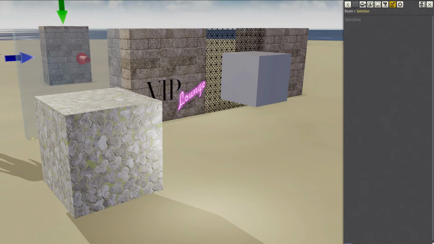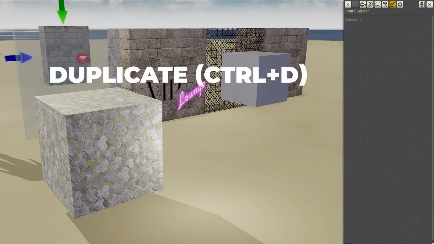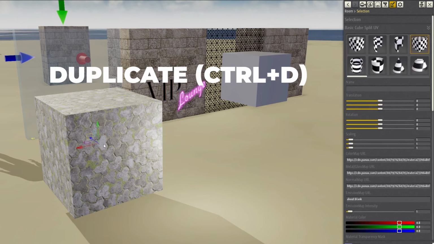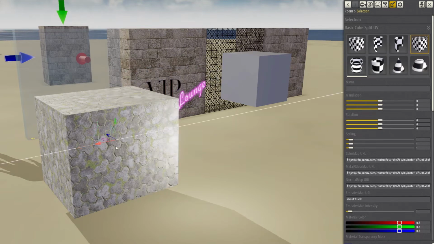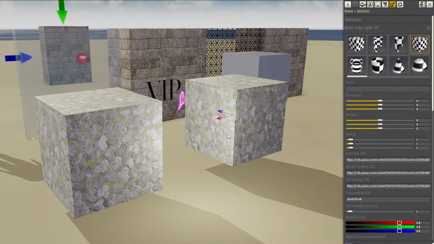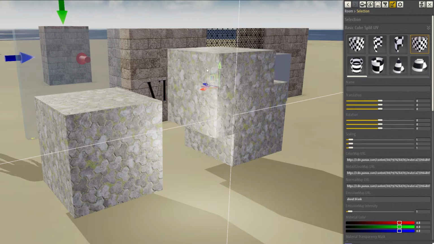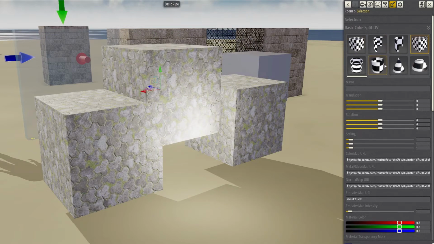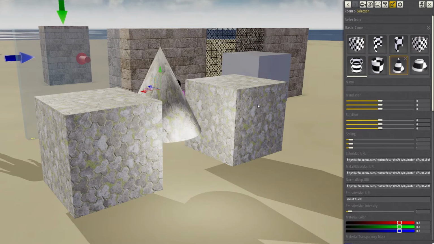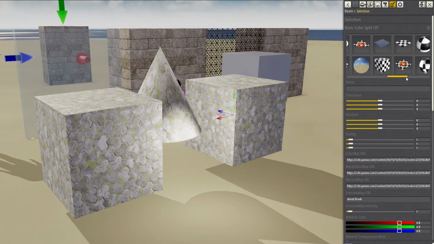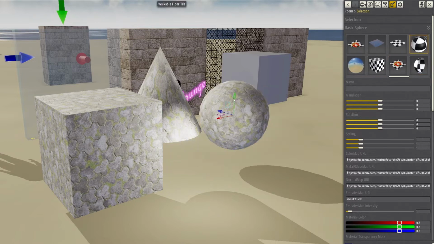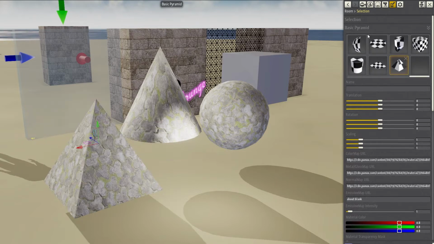Once you have created your materials, it is time to use them to build something. The first step is to duplicate the first object by pressing Ctrl and D, or by selecting the option from the right-click menu. Then, you can change the type of object, depending on which one you want to use. At the beginning, keep the objects at 90 degrees with each other, it will be easier to position them correctly.